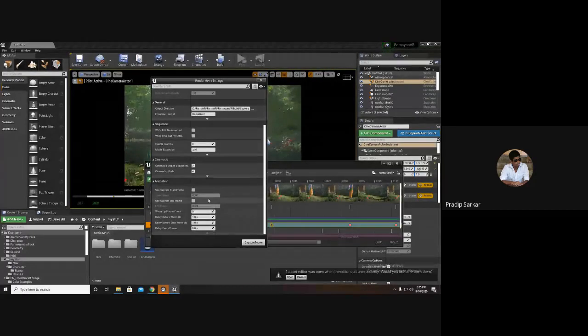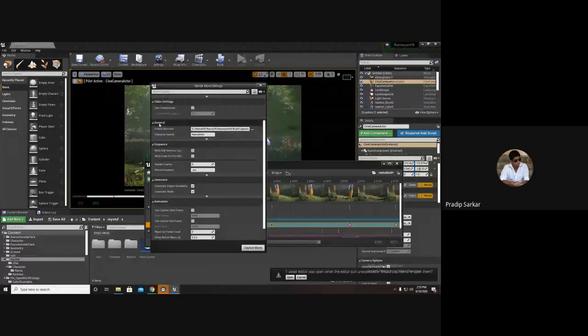Next, in the bottom corner, we have animations. I will give some frames to warm up. Let's say I will give around 5 frames for warm up, and I'll give a delay of around 2 seconds.